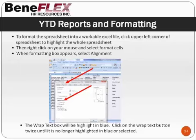You'll get a formatting box that looks just like the one you see before you. And when you get that formatting box, click Alignment. You can see the arrow pointing to the alignment box. So you simply click Alignment, and now you have control over the text. Now what you want to do is disengage the wrap text box so that you'll have an easier to work with Excel file. And you disengage it by simply clicking